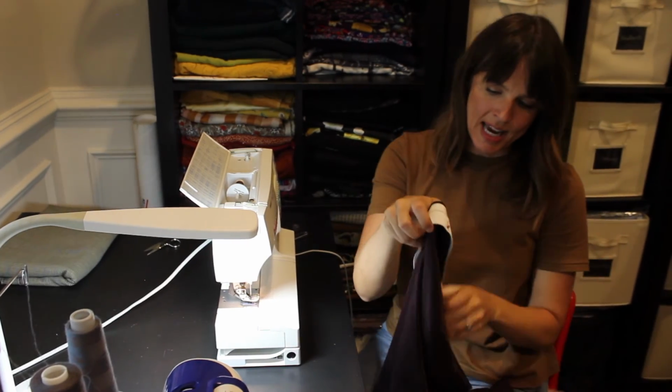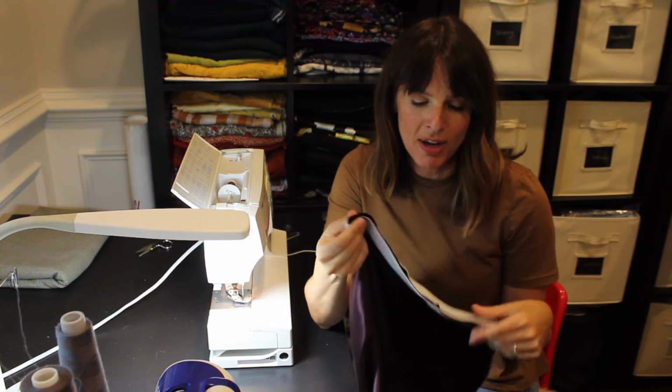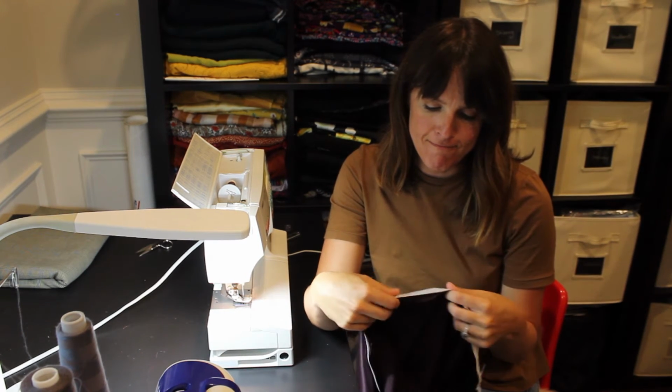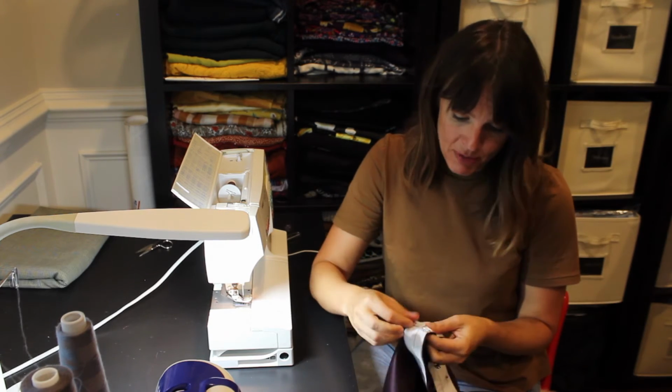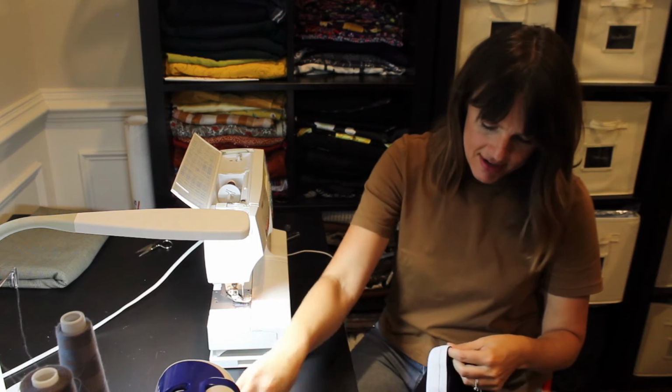Okay, I did leave my pins in as I sewed. Normally I take them out, but I left them in because it helps to keep track of where you're at, keep it all held together as you're stretching and sewing. But go ahead and remove the pins, and then